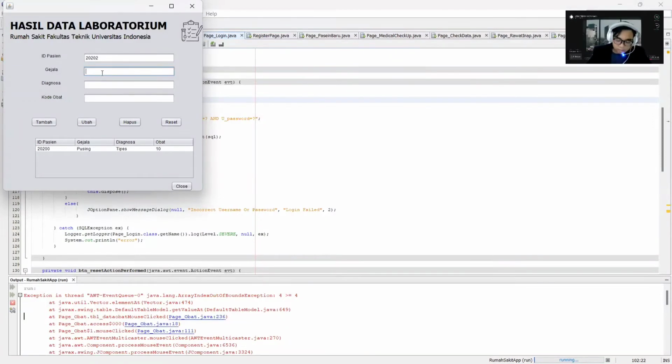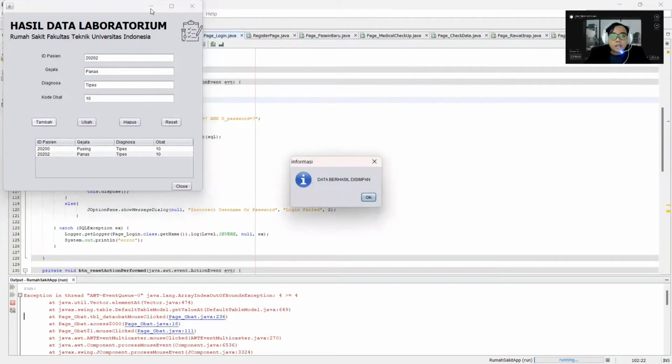For the gejala is panas, and for the diagnosa is also some types, and for the kode obat is like 10 or 11. 10. We're going to click button tambah. Okay, and the data is saved in the database.